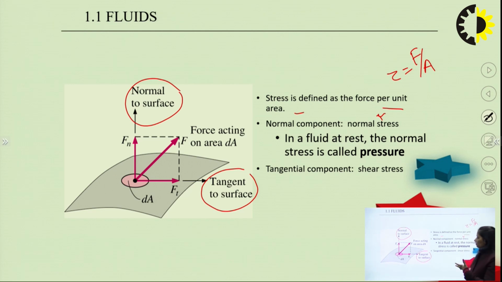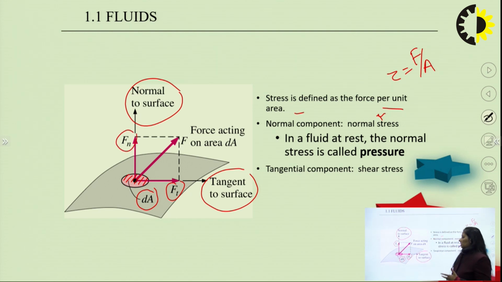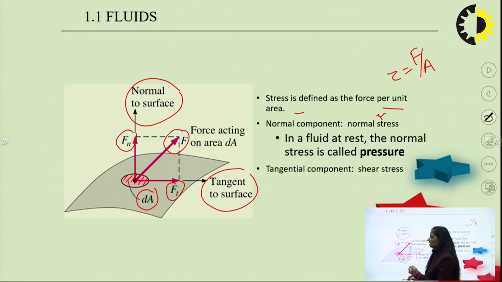Now this particular force acting on, if we are taking this figure, you can see we are taking an incremental, a small area. We are taking just an example of a small area which is having area of del A, on which two types of forces are acting. The first is tangential to the surface, that is Ft, and the second one is normal to the surface. So these are actually components of forces acting on area dA.